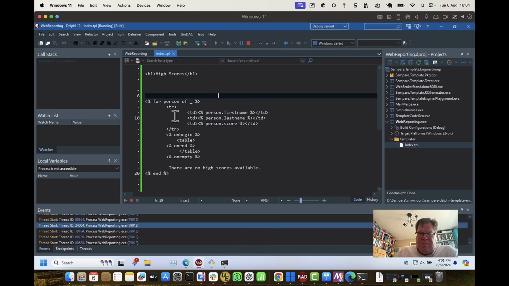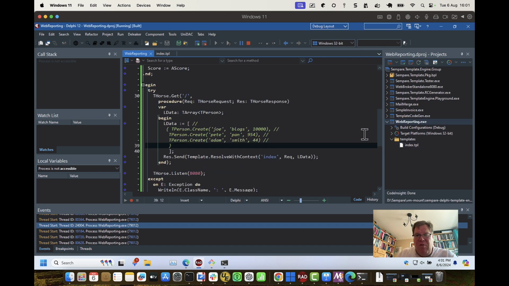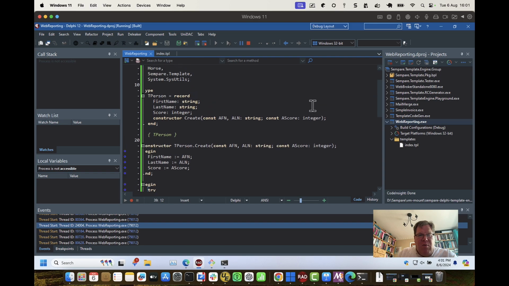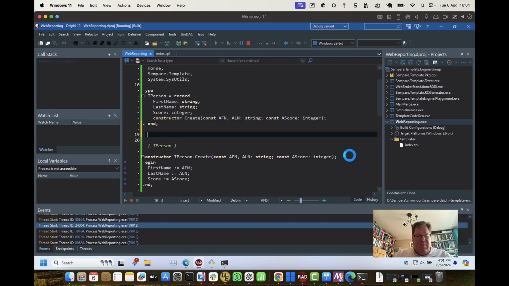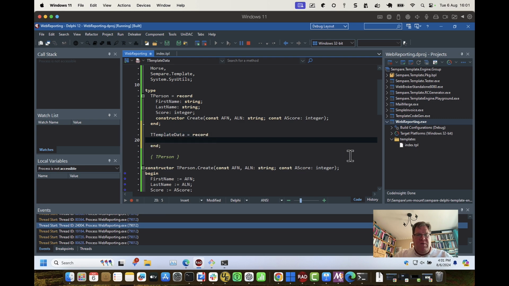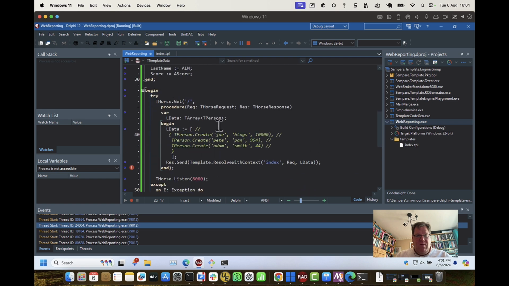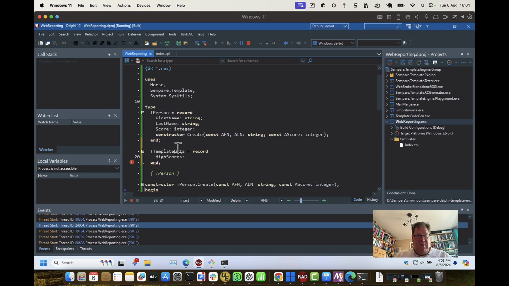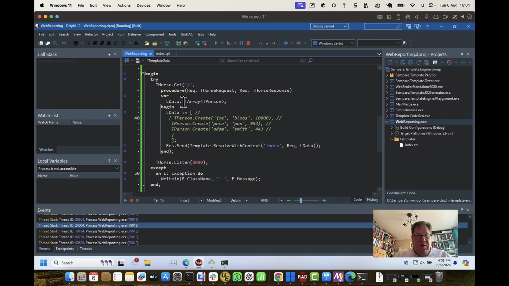Now, let's assume you want to actually get rid of using the underscore. Maybe you find that that's not as readable as you'd like it to be. The way you can work around that is, let's call this T template data equals record, and we could say high scores, and we just move all of that into that structure there. Now what we do over here is we get rid of this, and we can say L data dot high scores is equal to